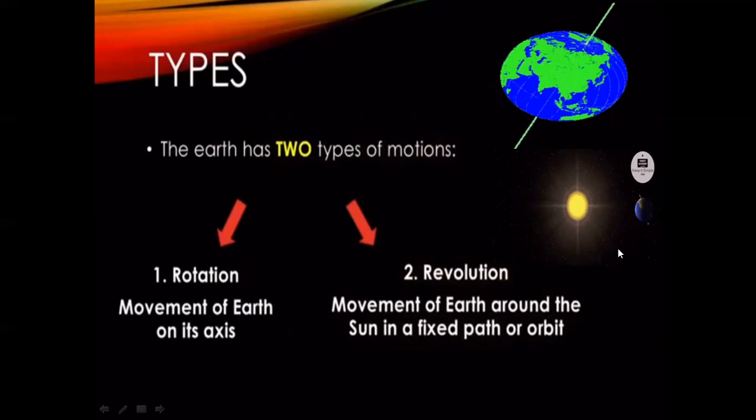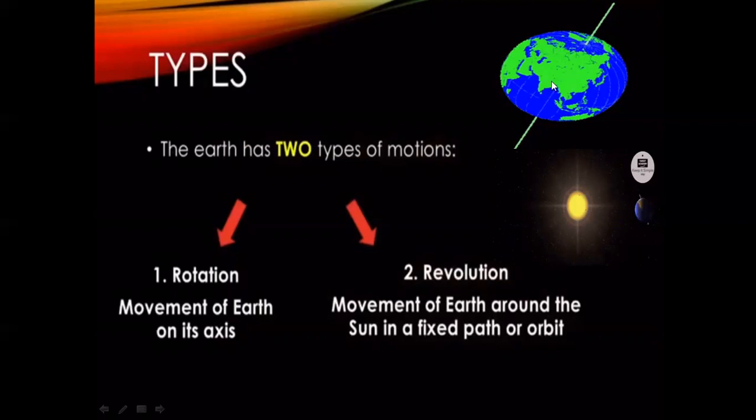And revolution means, as you can see in the second figure, this is the sun and this is the earth. It takes a whole round of the sun. It circles around the sun. Now the earth is here, and this way it goes like this and this and this, taking a circle around the sun, which is known as revolution.